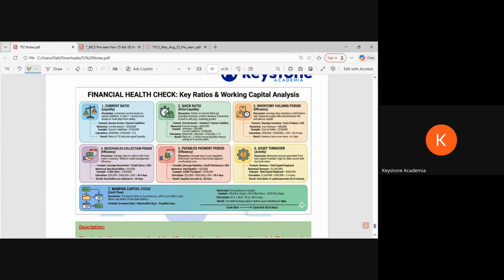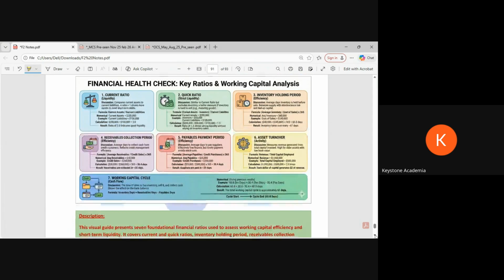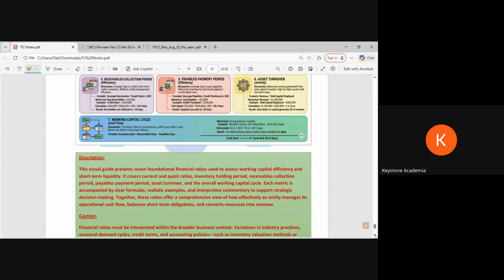But usually, when somebody gets promoted as a manager or senior manager, one part of the training is that they have to analyze the financial statements. The board of directors, whether they are coming from an engineering background, medical background, whatever it is, it's usually part of the training to know these ratios. Why? Because if they don't understand numbers, the management can be very difficult. So we have already applied this to our scenario. I think we are good with this.